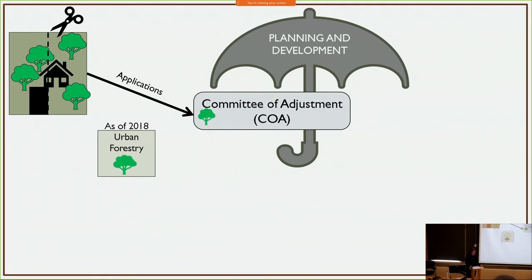So now applicants are required to submit more detailed documentation about the trees on the site, and the plans are provided to Urban Forestry to review and comment on the impact to the trees. Urban Forestry will then object, request a deferral, or confirm an application, maybe sometimes applying conditions to that application. And the COA is required to take that input into consideration when making their decision to approve or refuse the application. But they don't need to comply with the recommendation put forward, except in the case of city trees.